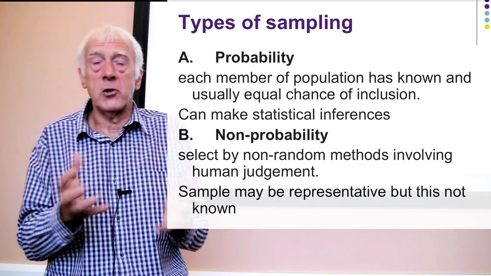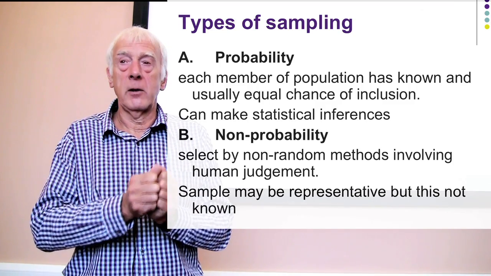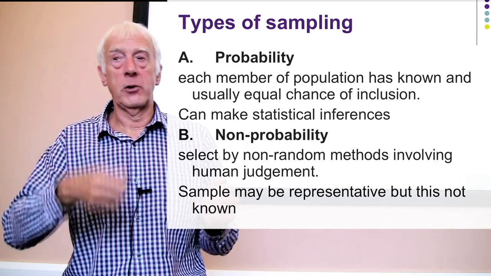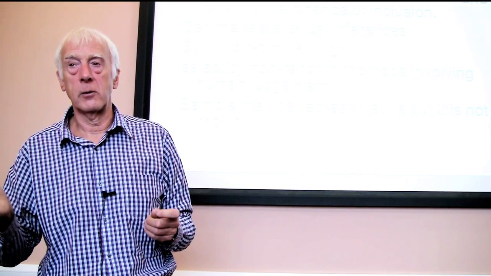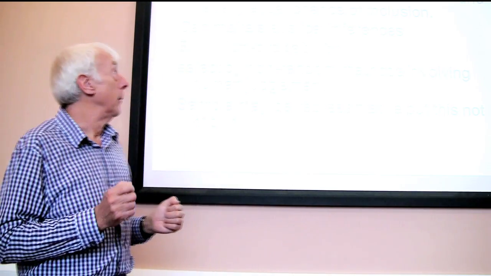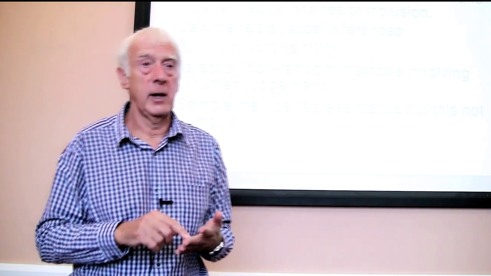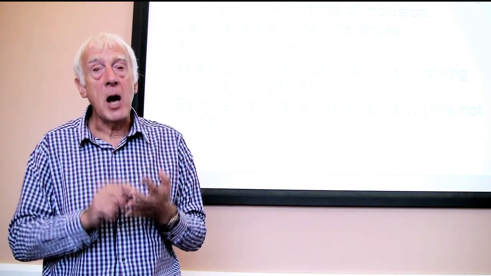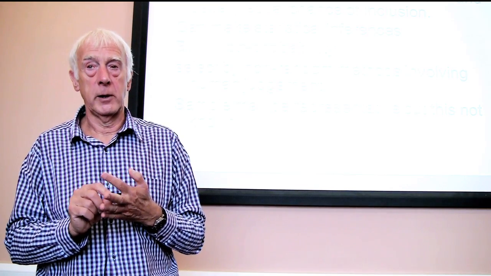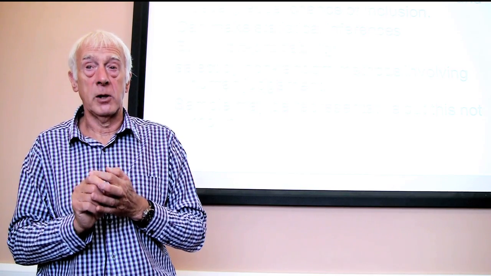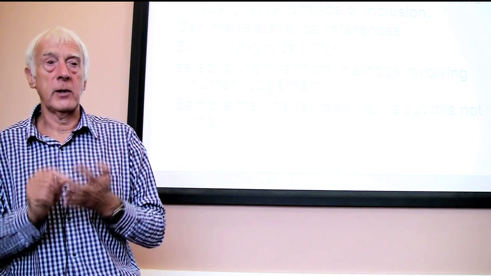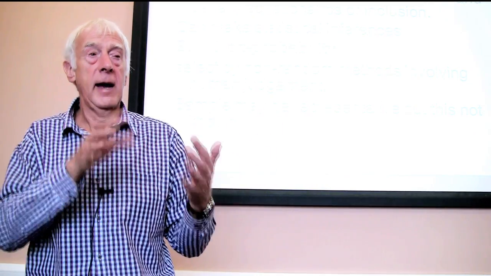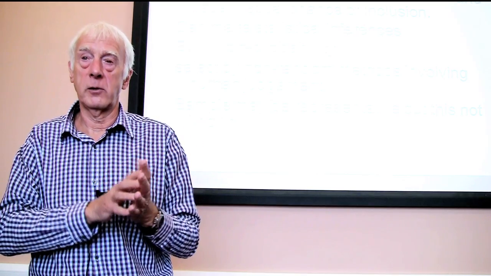So rather than any person choosing, the choosing is done on the basis of random numbers, and that can be generated on a computer, or it can be done by tossing coins or whatever. But the key point here, and the reason it's called probability, is that every person in the sample has a known chance of being included. In many cases it's the same chance, but not always, but certainly a known chance of being included. So we can say every person, whether they're chosen or not, has an X% chance of being chosen in this study.